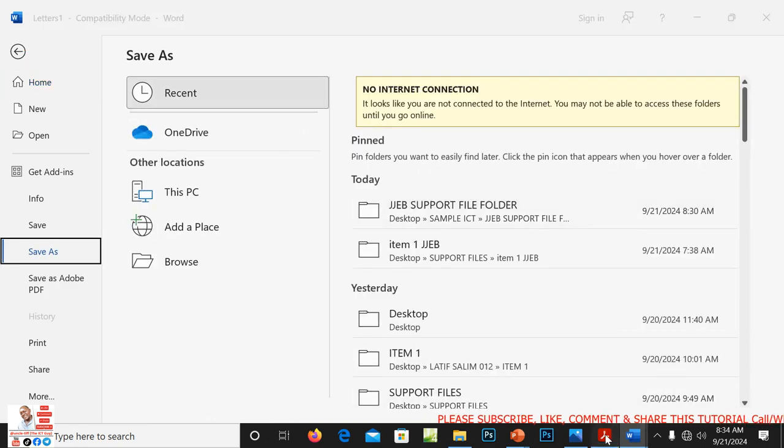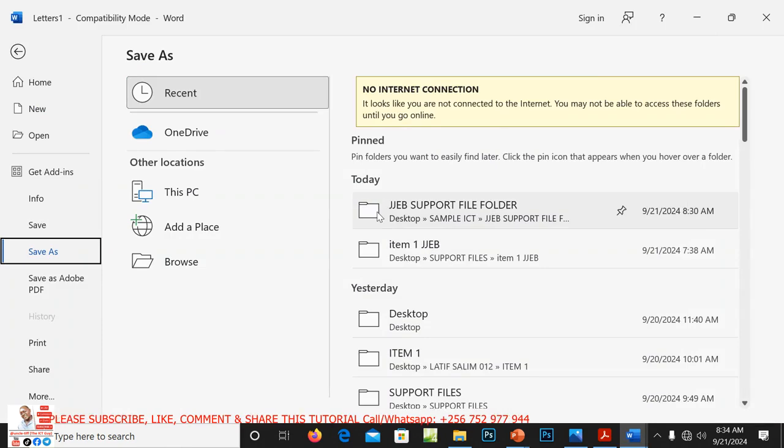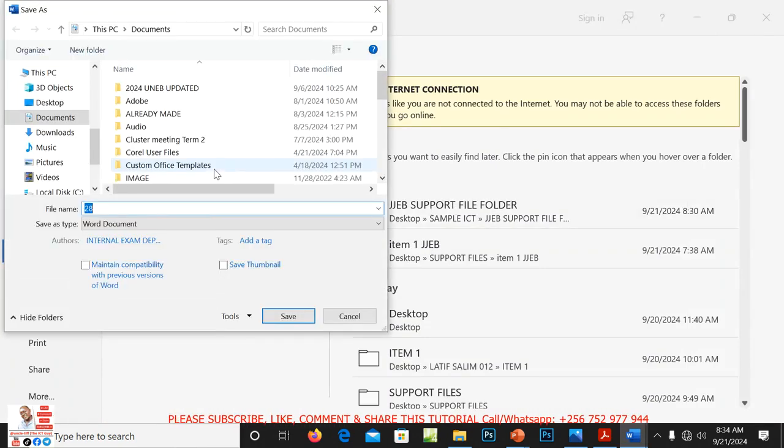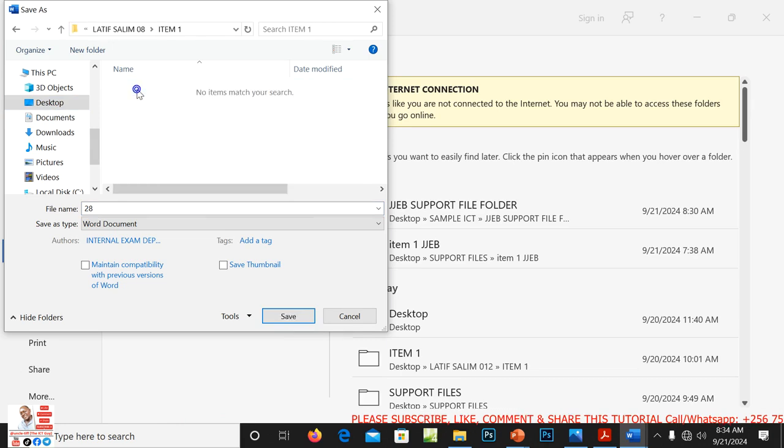They told us to save it as what? Generate a new appointment letter for each employee. So we are going to call it new appointment letter. Browse, desktop, Latif Salim 8, item 1.